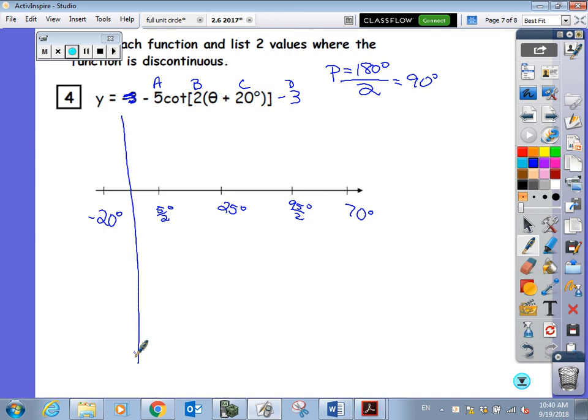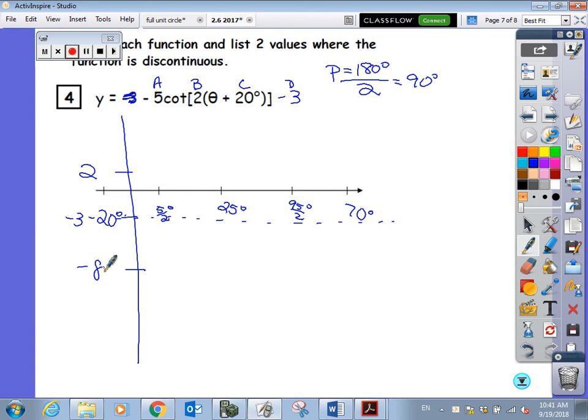Now our middle is down at negative 3. I like making a dashed line. You don't have to. Our vertical stretch is 5, so we just need to be sure and go up to 2 and down to negative 8. I will tell you that the closer you keep your high, middle, and low points right here,